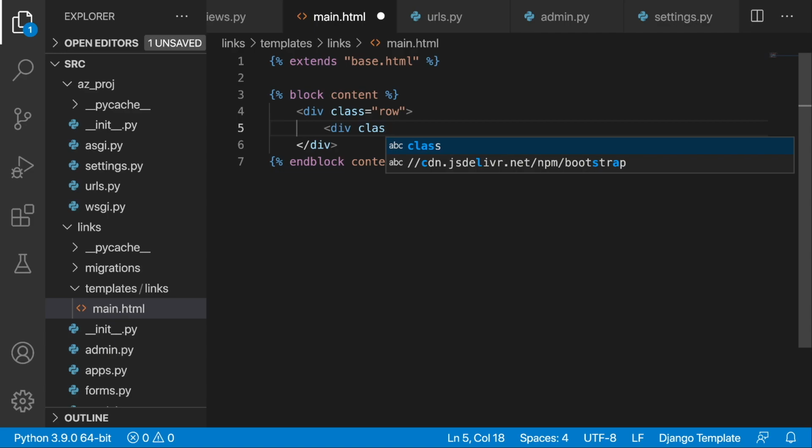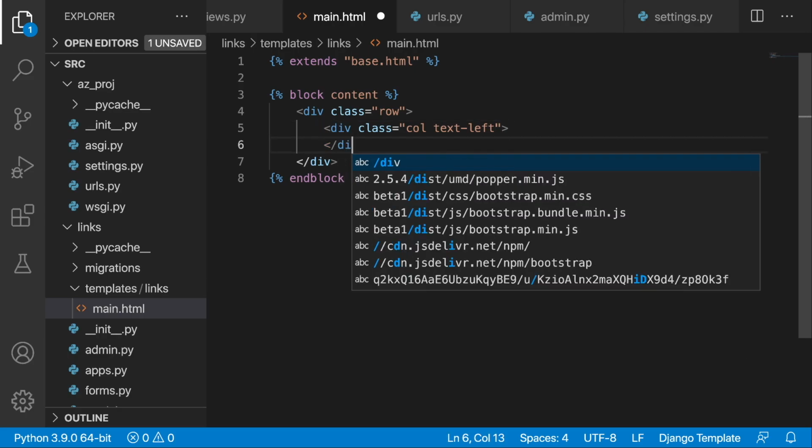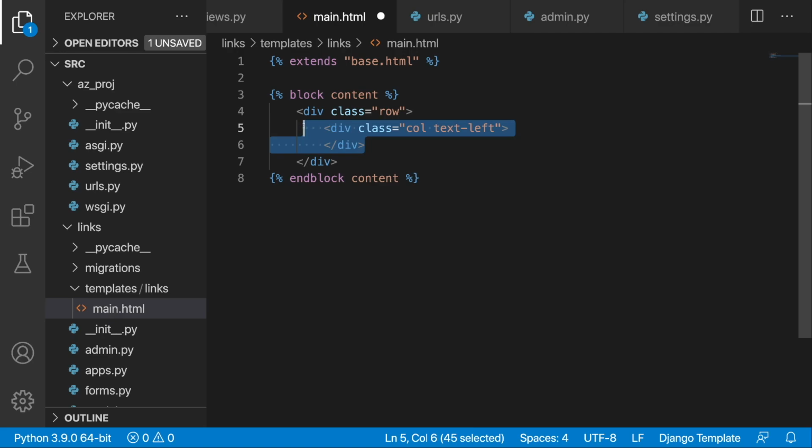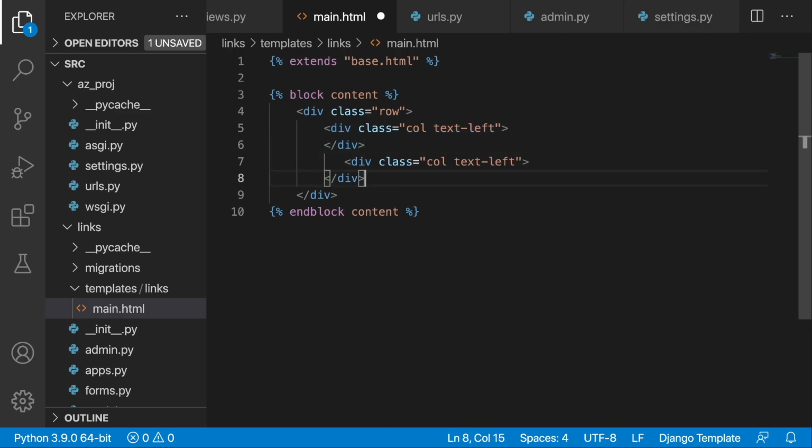All right, so we will have a div class is equal to col. And then let's also add over here text left. And let's close it off. And then I'm just going to copy this and paste it below, because over here we will have, as mentioned before, another column, but in this case the text won't be left, it will be right. So on the left we will have in this first column the buttons, and on the right we will have the total numbers of items that we are tracking and the number of items that are discounted. Okay,